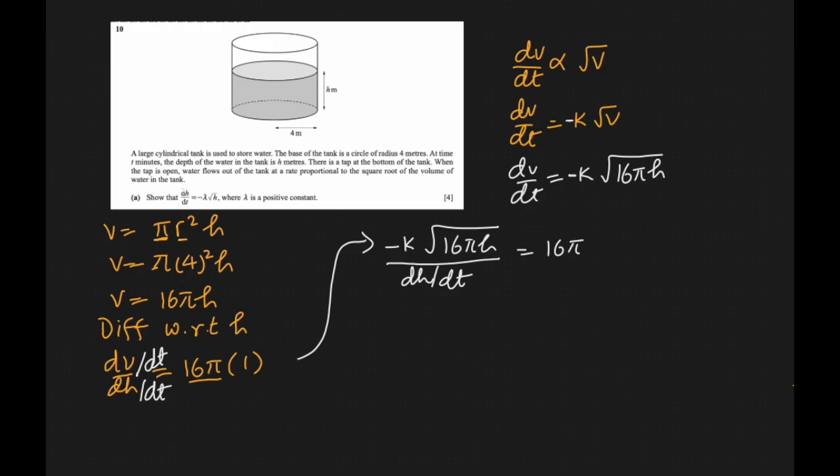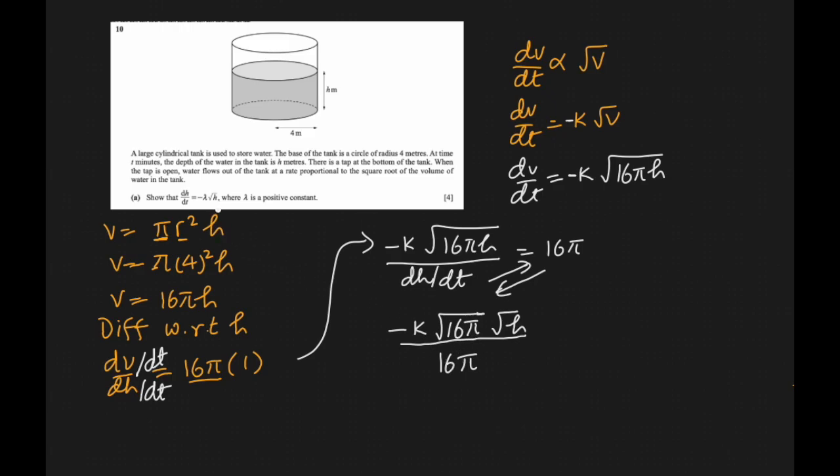Now I need dh over dt to be isolated, so this denominator I will cross multiply here and 16 pi I'll bring down. Minus k square root of 16 pi and square root of h. I am separating 16 pi and h into two square roots so that it can cancel 16 pi. Alright, so